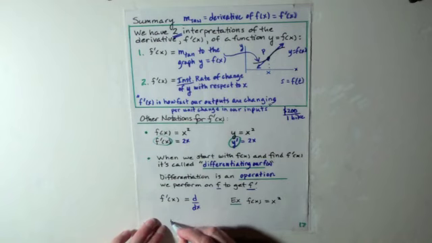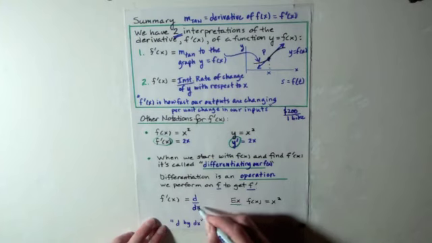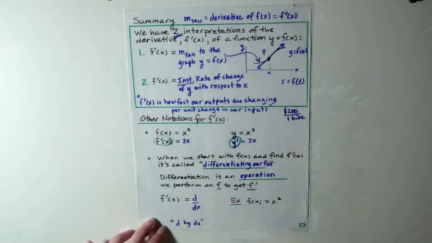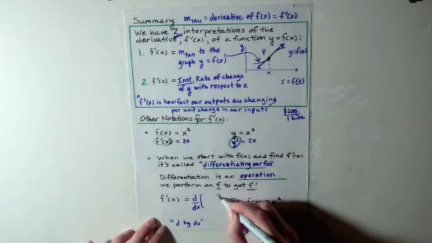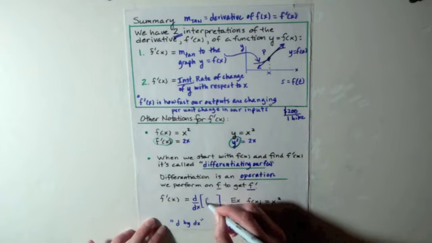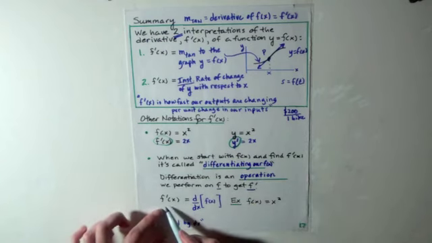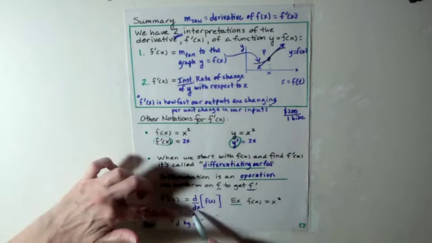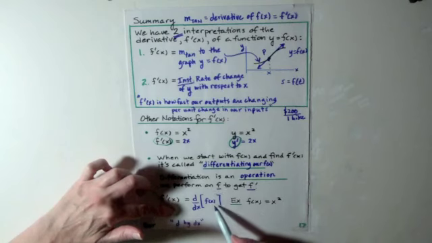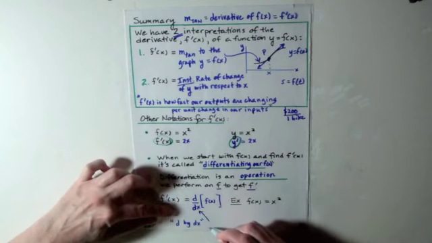So let me write that in words. We say d, the letter d, by dx. And we write a d, it looks like a little fraction, over a dx. And I'm going to put some brackets here, and I'm going to put my original function inside those brackets. So f' of x can also be written this way as d by dx and then in brackets my original function. And we think of this as an operator symbol